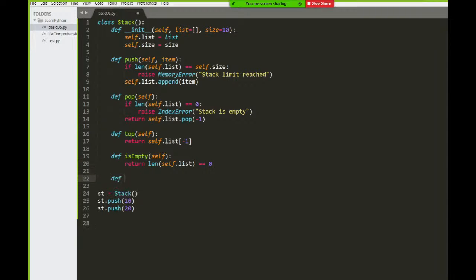That day I taught how to create an object representation. So if I call print of an object, right now if I write print of st, it will not print anything, right? Suppose I'm printing st and I want to print what the elements in the stack are. How to define it in the class? Okay, so this is the str function,